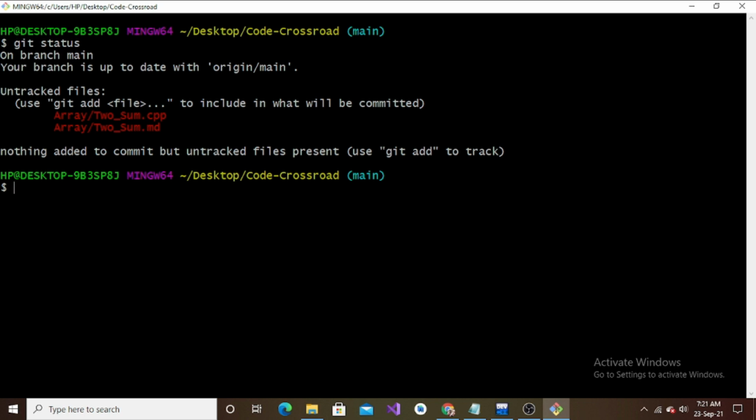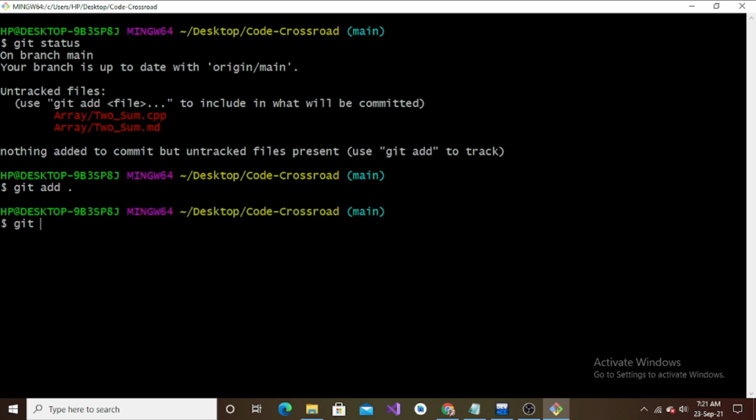To bring them on the staging area, I simply type in the command git add dot. Why dot? Because I want to add all the changes that I've made till now to the staging area for the commit. If you want to add only some files out of many that have been changed, then you type the command git add and the file name.